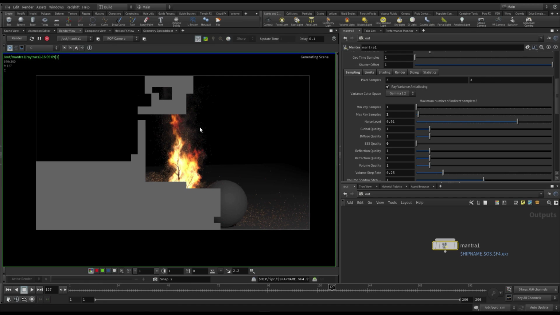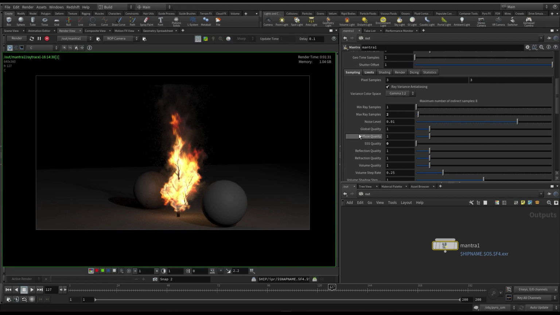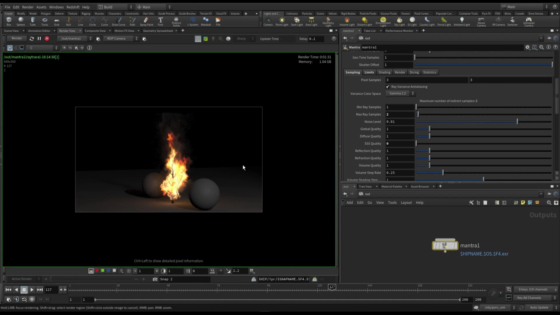So let's click on the render view and see how this looks. I'm going to just hit render there, and I'll pause the video while that render happens. There you go, the render has finished, and that only took 1 minute 30, and as you can see the sampling is a lot better. There's very little noise, and we're still getting that indirect lighting from the flames. So it's a much faster way to render the flames using the volume light. I'm just going to put the ray samples up to about 9, and the last thing I want to do is to now render this as a